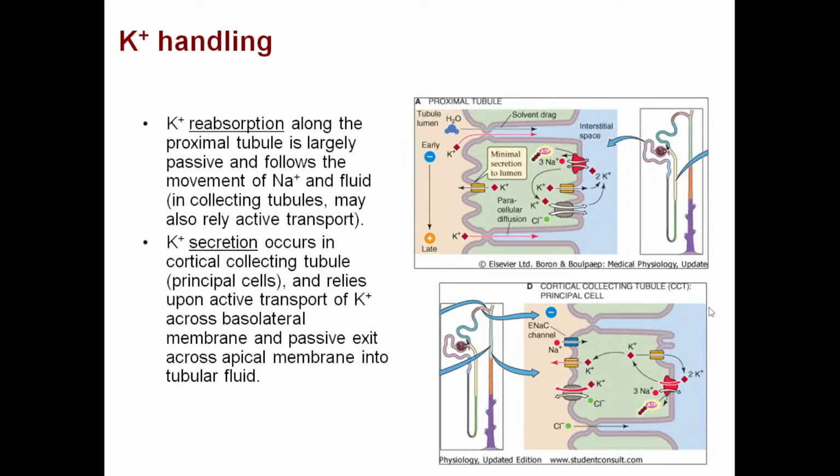Now, potassium reabsorption along the proximal tubule is largely passive and follows the movement of sodium and fluid in collecting tubules, might also rely on active transport. And potassium secretion, which is important for potassium handling, occurs in cortical collecting tubule principal cells, those which we have mentioned, and relies upon active transport of potassium across the basolateral membrane and passive exit across the apical membrane into the tubular